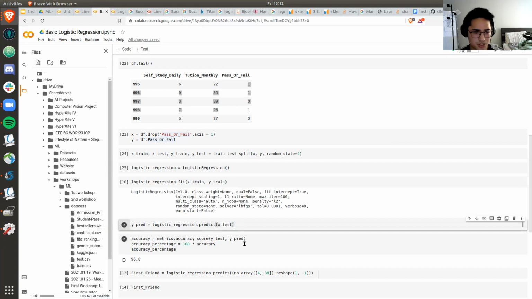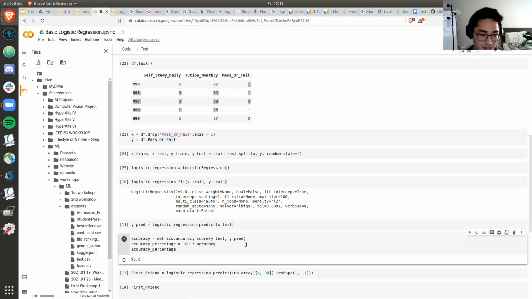And once it outputs your theta values, then you can find the prediction. You can find your Y pred, or in mathematical representation called Y hat. Now we try to predict with the model that we trained on our training data set, using our X test data set.